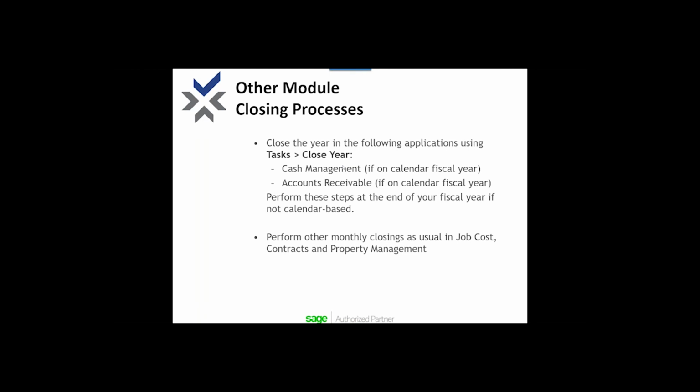And then for all the other modules, it's just business as usual. There's no close year for job costs. There's no close year for accounts payable. Accounts payable doesn't even have a close month, but contracts, property management, and job cost, when you close the month in those modules, it knows to update the year-to-date totals appropriately. So it's just a typical close month in those modules. All right,